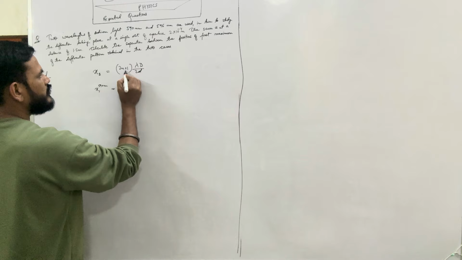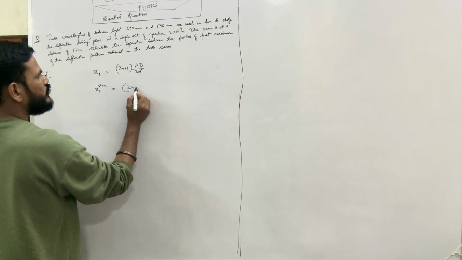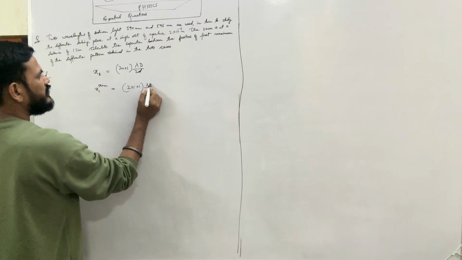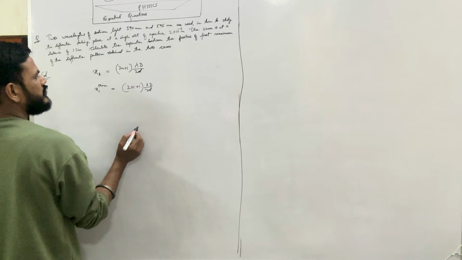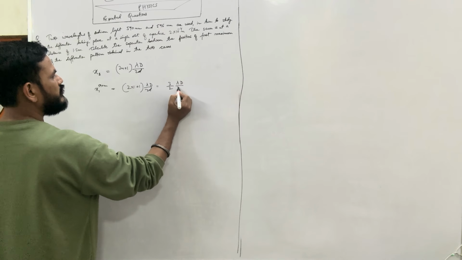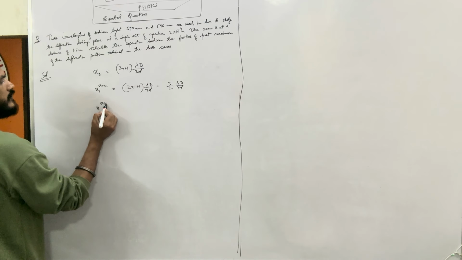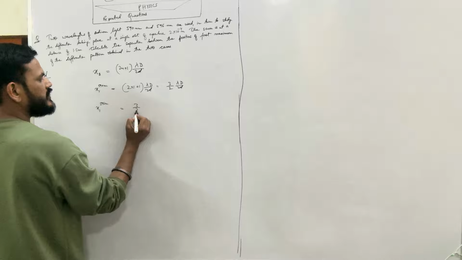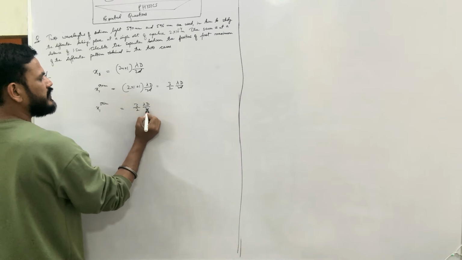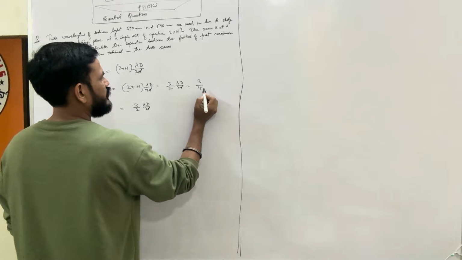Sorry, 2n plus 1, so it will be 2 into 1 plus 1 lambda d by 2d, so it is 3 by 2 lambda d by 2d, and in the second case it is also 3 by 2 lambda d by 2d. Now let's put the values. 3 by 4